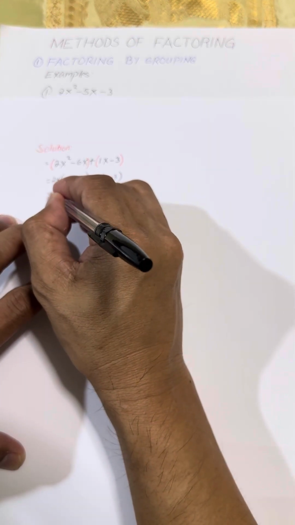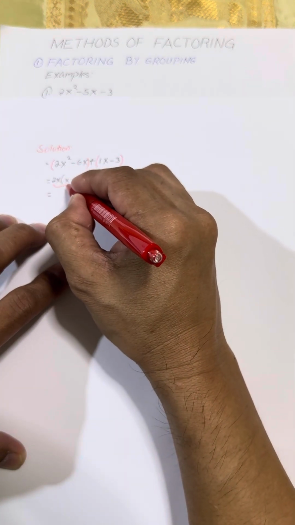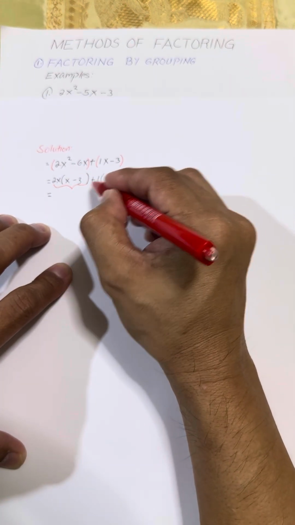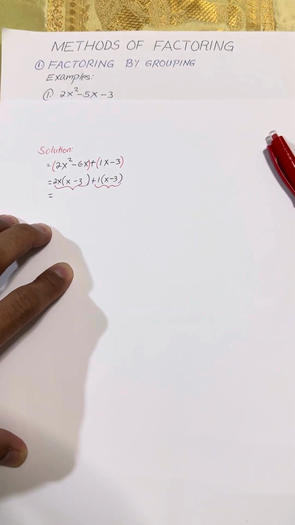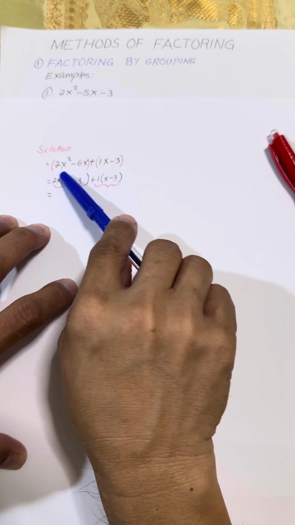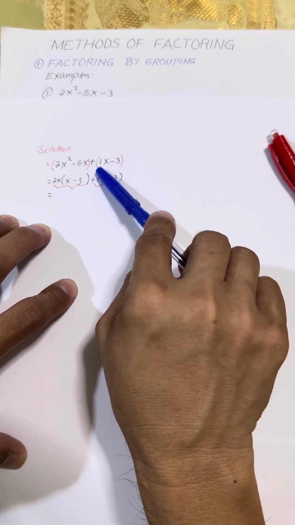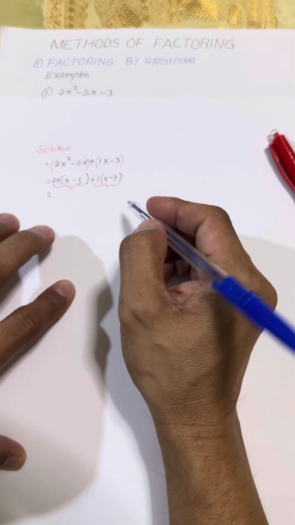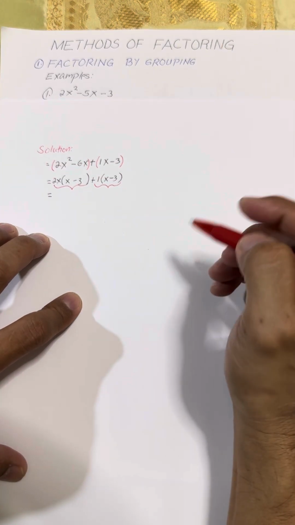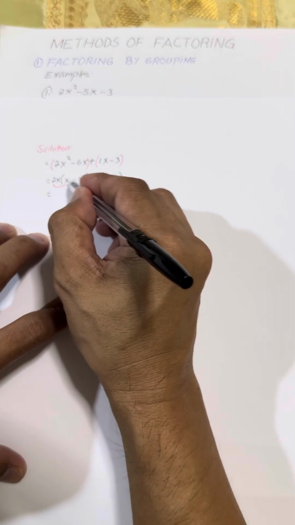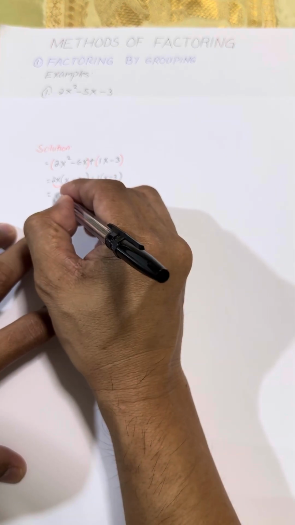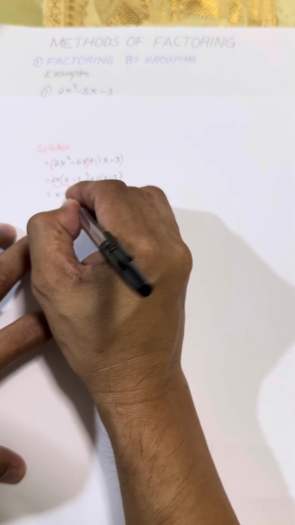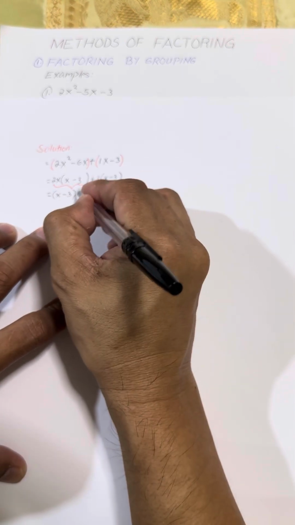Then after that, we look at the groups because we have two groups now. We can consider this as one group or one term, and this is another group or another term. If you look at this as a whole, this can be considered as one term, and this one is another term. Then find the GCF of the terms. In the first group, we have x minus 3. In the other group, we have x minus 3. So that's the common factor. You factor that out, put it inside the parenthesis, then make another parenthesis.